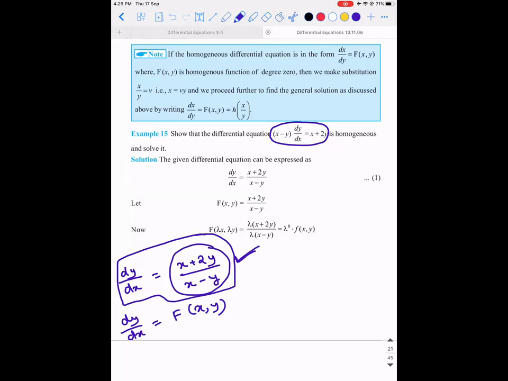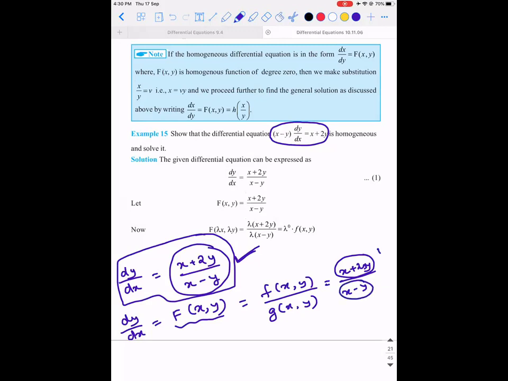But we know how to verify the degree of a function, right? For example, capital F of xy, I'm writing it as small f of xy divided by g of xy, where small f of xy is x plus 2y, and g of xy is x minus y. Now, if I ask you about the numerator as a function, is it a homogeneous function or not? Yes. It's a homogeneous function of what degree? 1. It's a homogeneous function of degree 1.